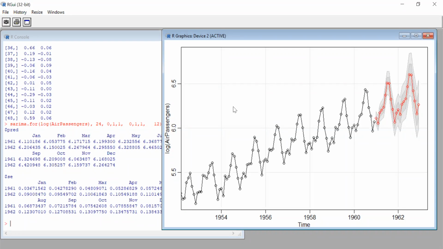I didn't look at the function carefully, but it gives us two kinds of confidence intervals for the forecasting. So it is very useful. I think it is a function in the package. So anyway,